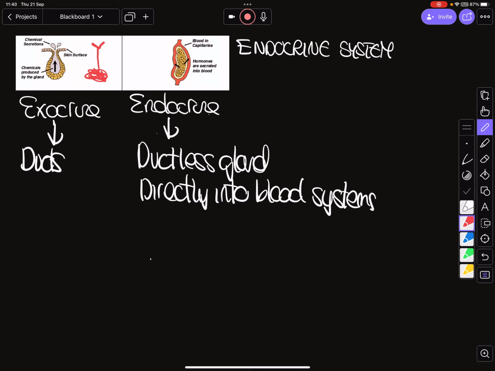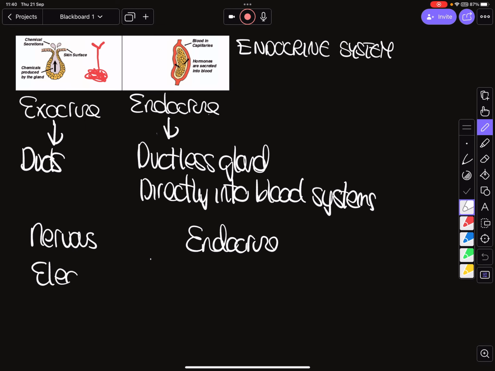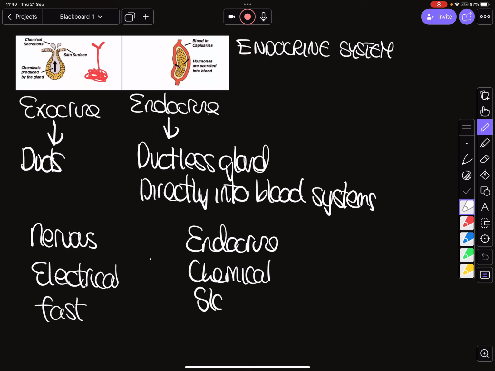So that's going to be the first thing that they can ask. The next thing that they can ask is what's the differences between the nervous system and the endocrine system. So you need to recognize from the nervous system that the message that is being sent is electrical, and that it's very, very fast in how it transfers, whereas the endocrine system, and we'll talk about the definition of a hormone in a second, is a chemical method by which the message is carried, and this is much slower. So speed is a big one. So the transmission is going to be fast, this is going to be slower.